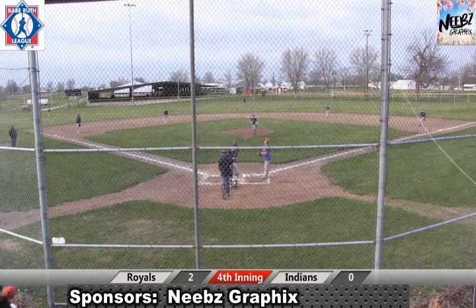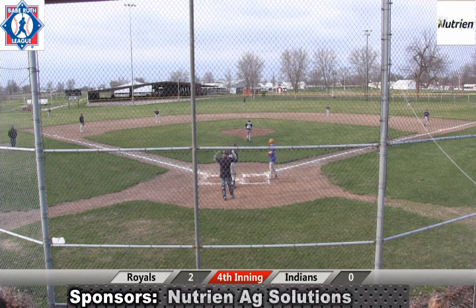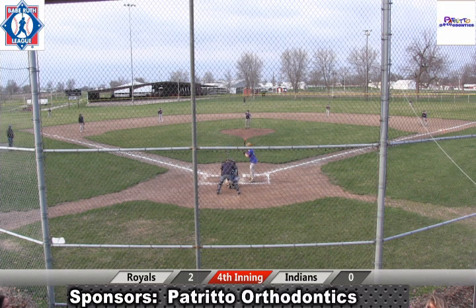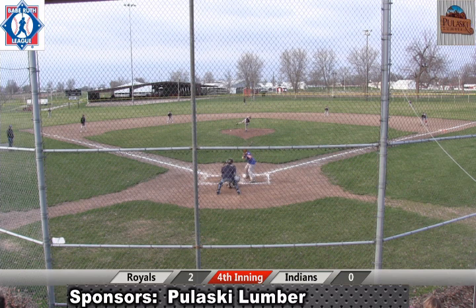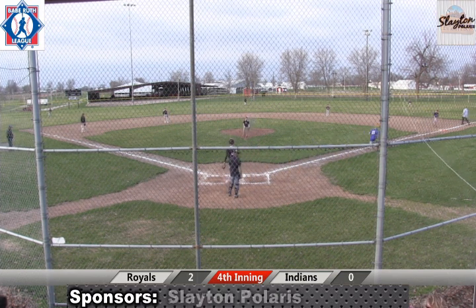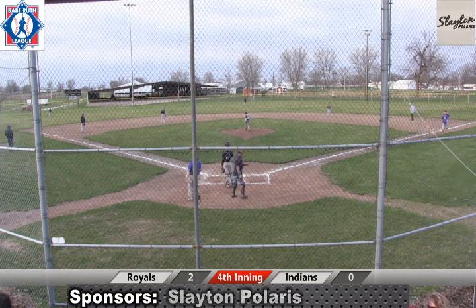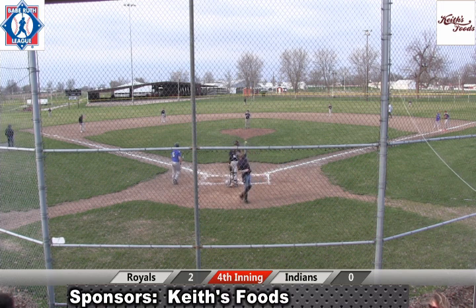That pitch is hit foul behind us. Everybody jumps to their feet when it gets foul behind us because that's where all the cars are. You always take a chance when you come out to the ballpark and your car might get hit by a foul ball. Payoff pitch, outside, ball 4. Jackson Lee reaches with the walk. The inning continues, and in for